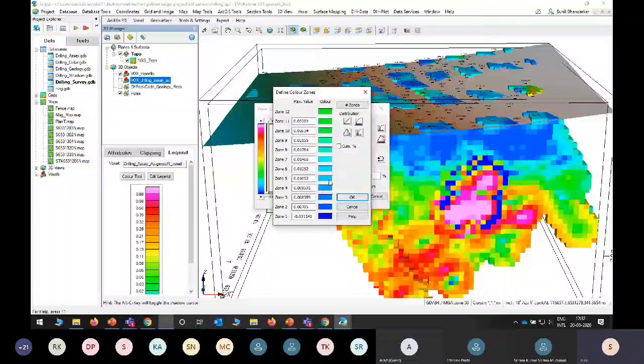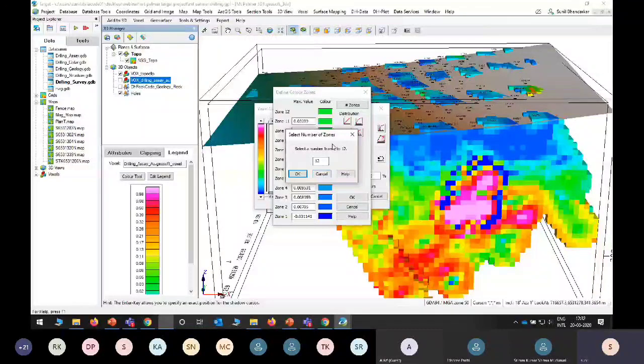Accordingly I can select the zone with respect to my grade values, higher or lower. So according to color I can check my model basically. This is how we can create the voxel.